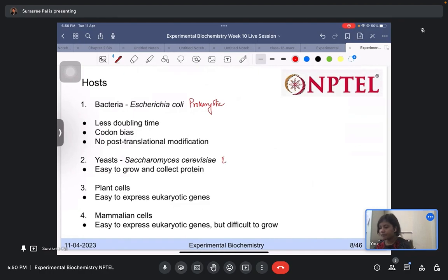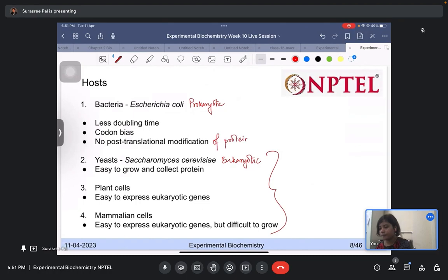Whereas yeast, plant cells, and mammalian cells, all of these are actually eukaryotic cells. Now, the difference between prokaryotic and eukaryotic systems is that the post-translational modifications which occur in eukaryotic systems do not occur in prokaryotes. So, after production of